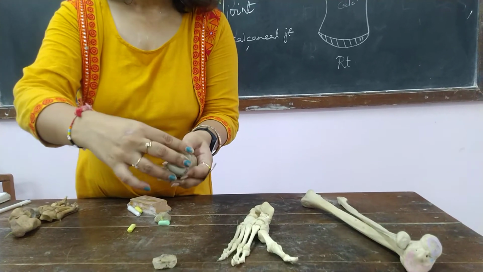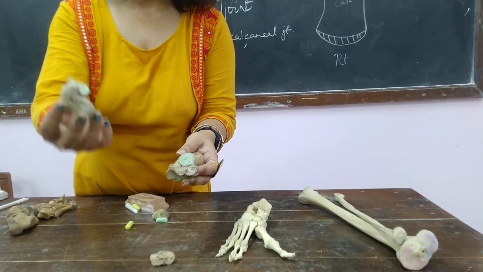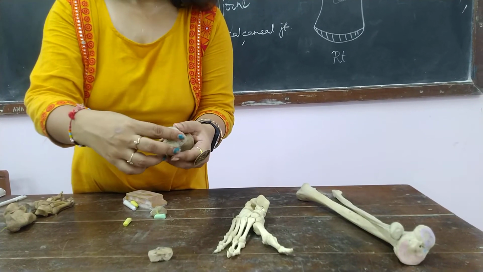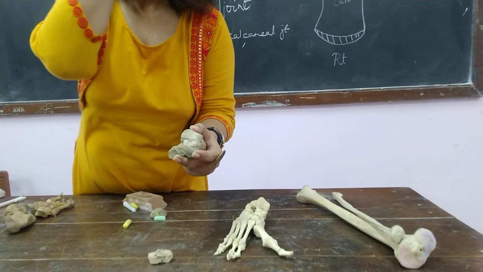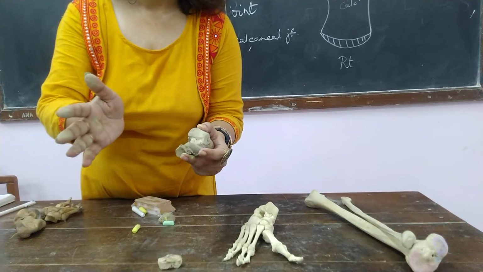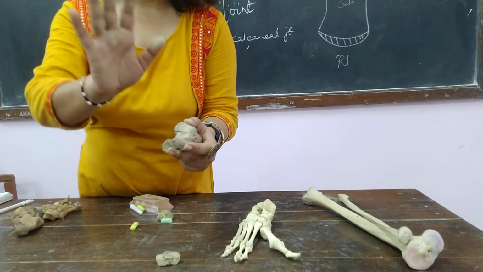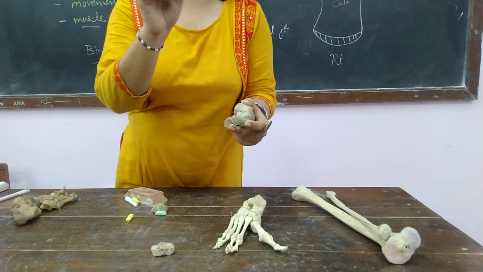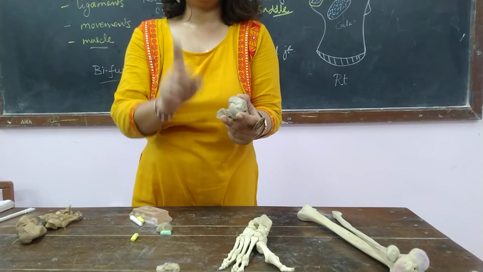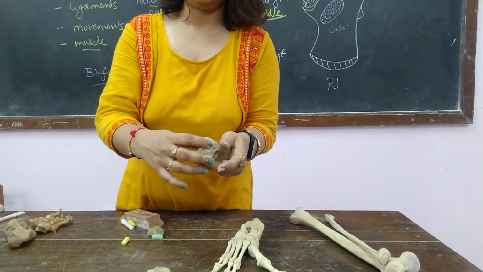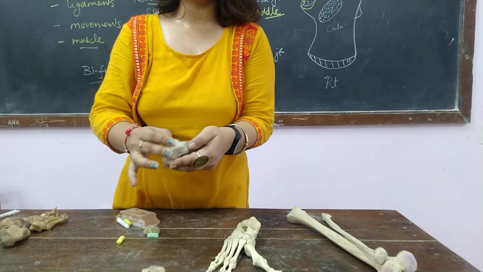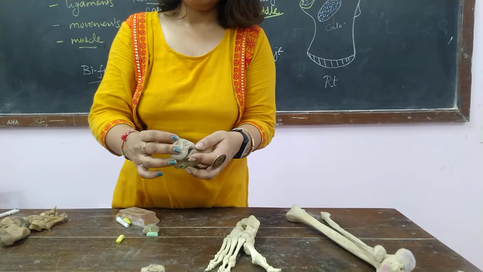Now this joint which is formed by talus and calcaneum, the subtalar joint, it is a modified hinge joint. No, sorry. It is a modified multi-axial joint. Okay, it's a modified multi-axial joint, and like all the synovial joints, it will have its capsule and the ligaments will be